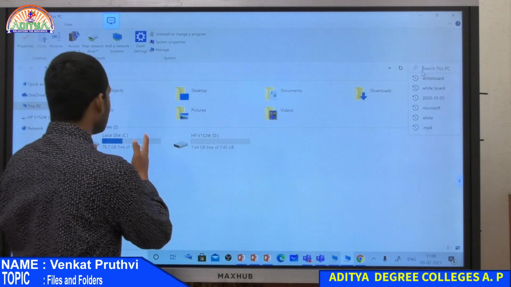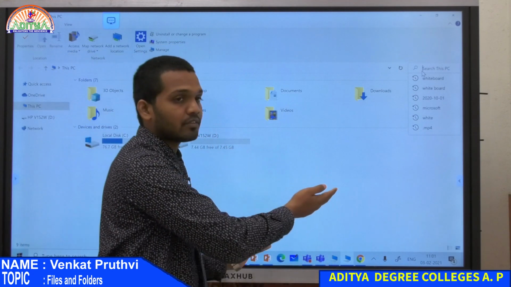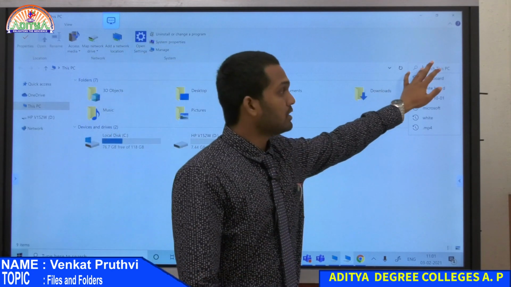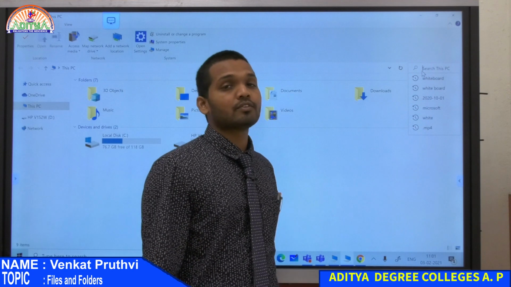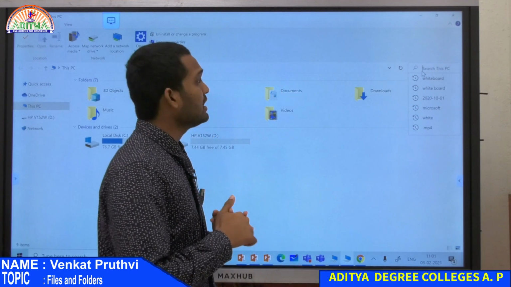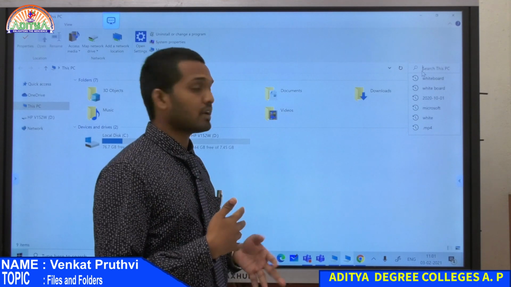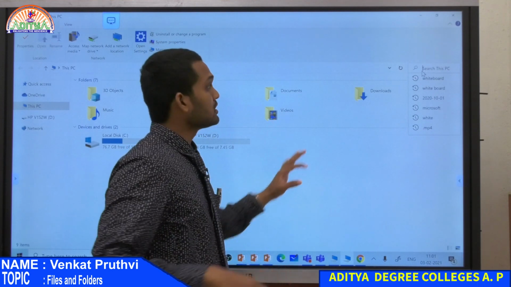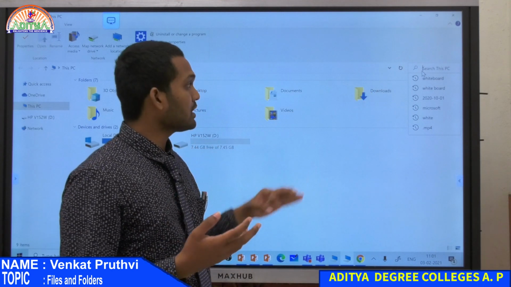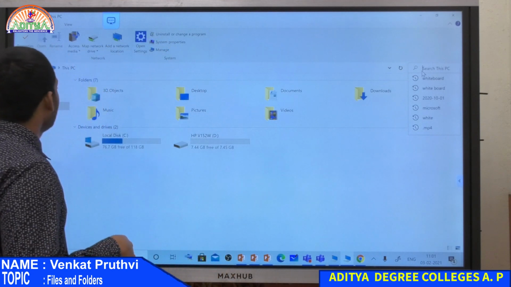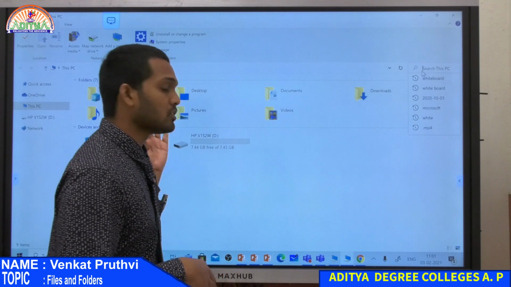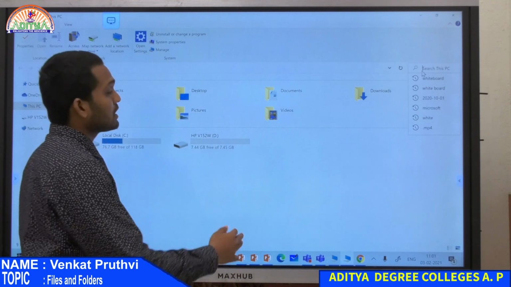That means it won't only search in the C drive. If you have D, E different drives, it will search all of them as a whole. This search bar is so powerful that you can search for files, folders, or any particular data that you have saved on the whole computer. It will help you fetch that data wherever it is. And these are the different folders you get by default in the Microsoft Windows operating system. And you can create even more folders.